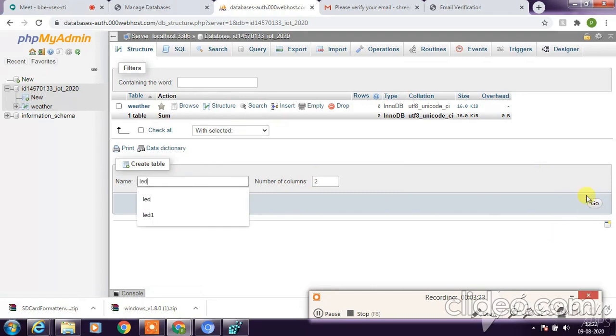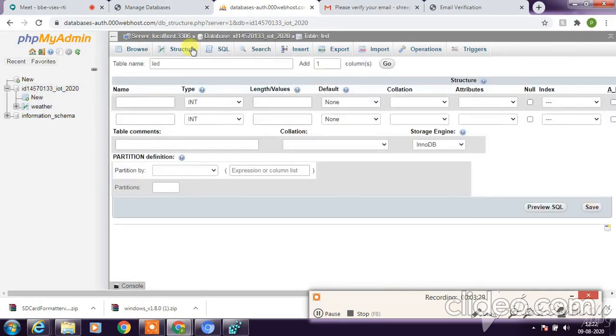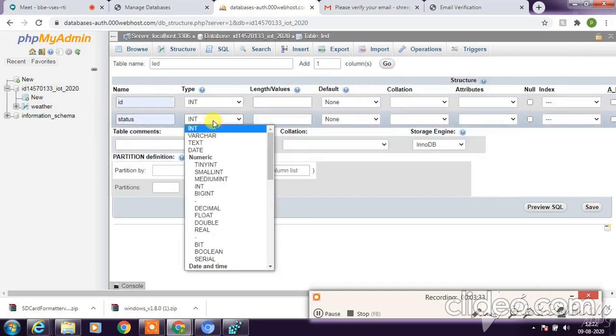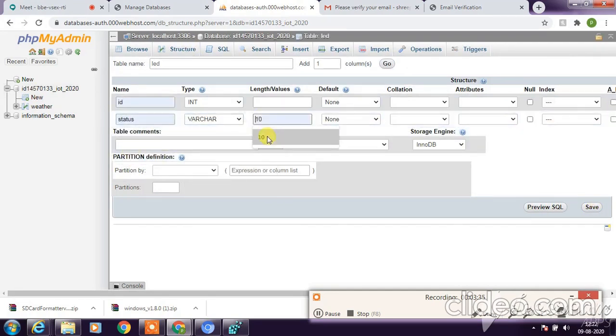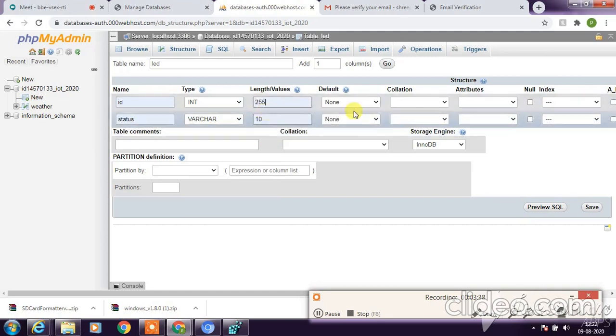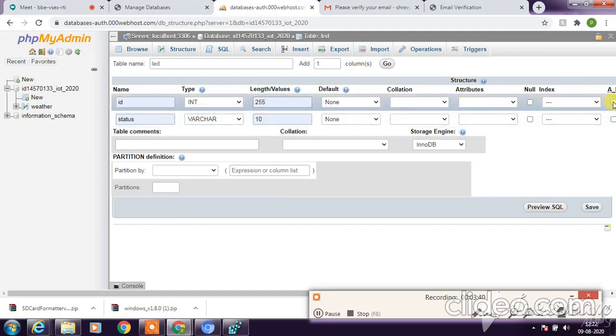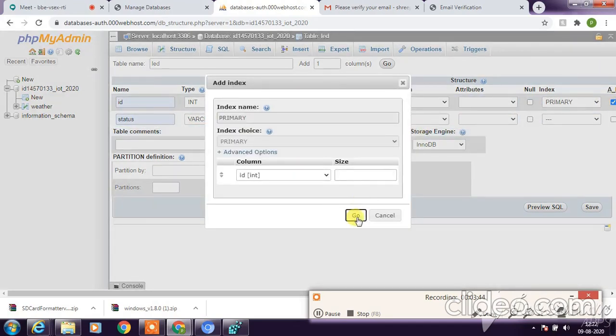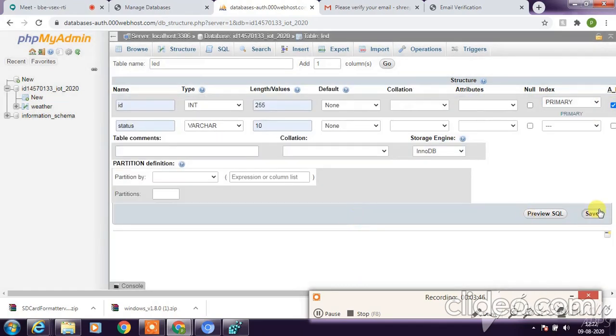LED. Go. Okay, as you all know, it's ID and status. Varchar length is 10 to 5. Notice the auto increment. Say go. Save.